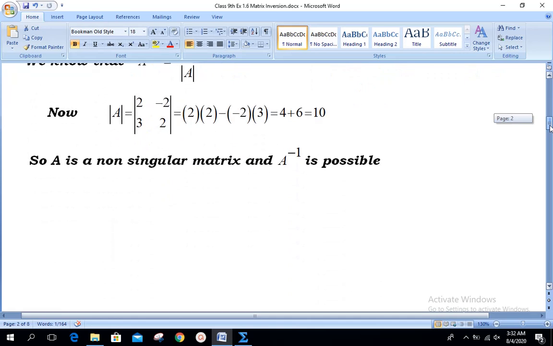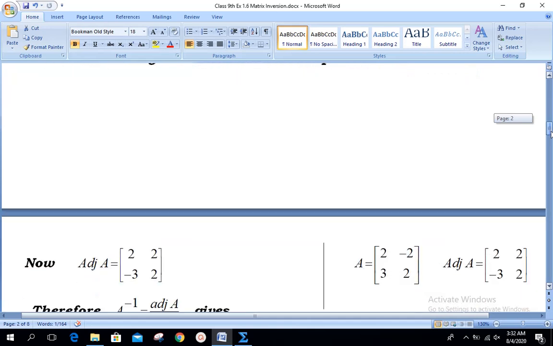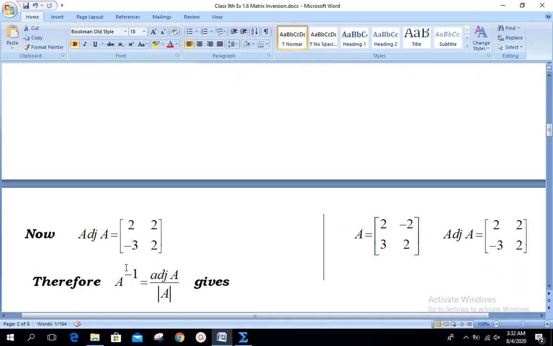Moving to the next, our first target is to calculate adjoint of A. Viewer, this is also very easy and interesting. See, it is done here again in the rough side. A was a matrix having elements 2, minus 2, 3, 2 in row order. How to calculate adjoint of A? I tell you the rule, viewers. Place number 1 and place number 4, you need to interchange them. By chance these are the same values, so when you interchange them, even then they remain the same.